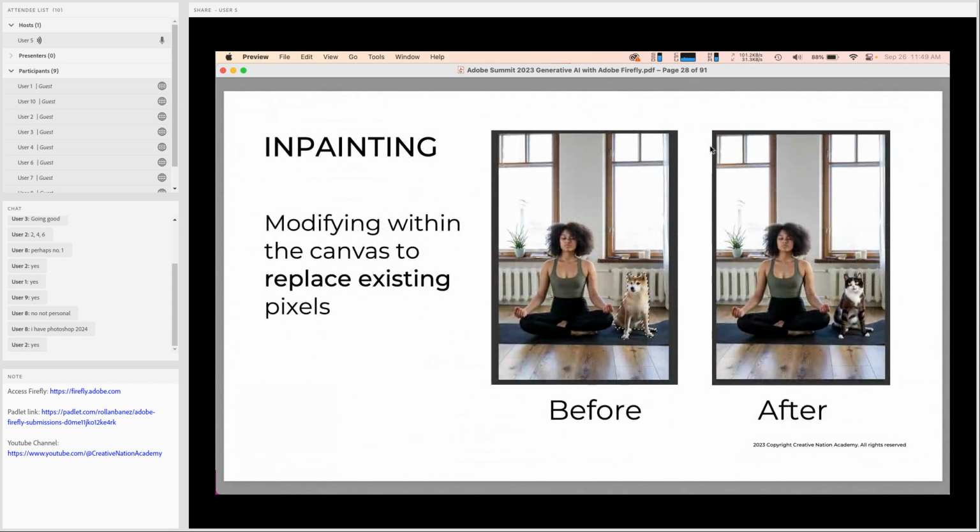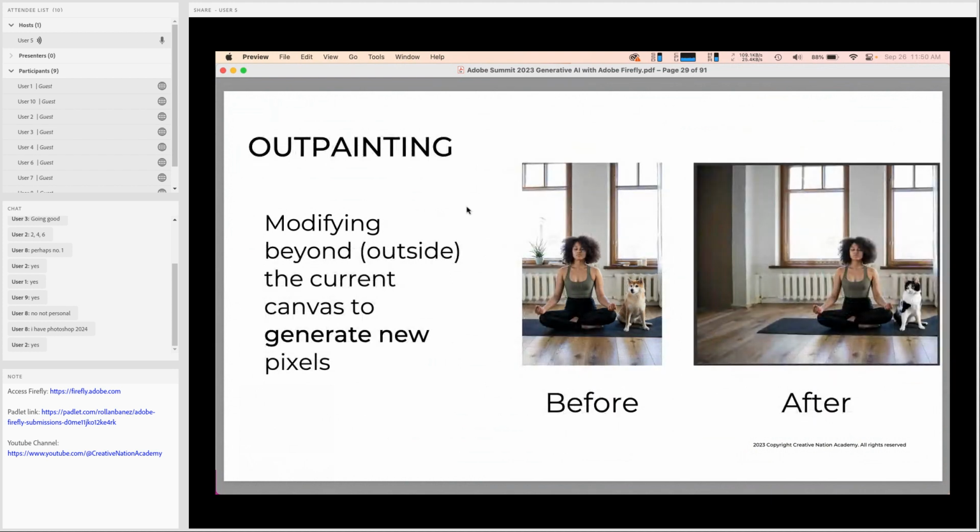Also, I want to introduce some of the more technical terms, such as inpainting. It's a process in which, as you would see on the left side, the before photo, I have this dog, and if you want to modify this dog to turn into a cat, you can easily use what we call an inpainting procedure. This is the technical term: inpainting. So as you would see from before and after, that's how you transform with this technique. While outpainting is about modifying the outside bounds that do not yet exist on the image. That's why it's called outpainting.